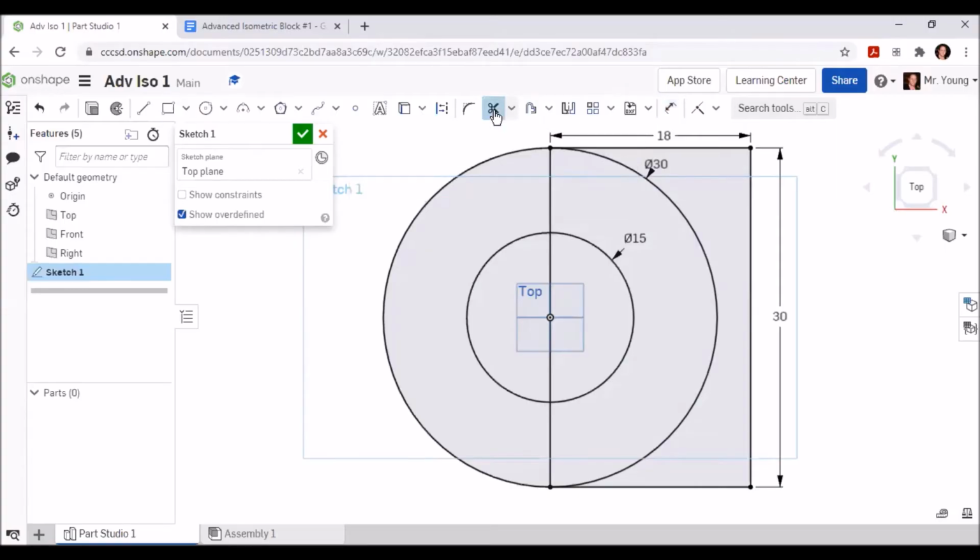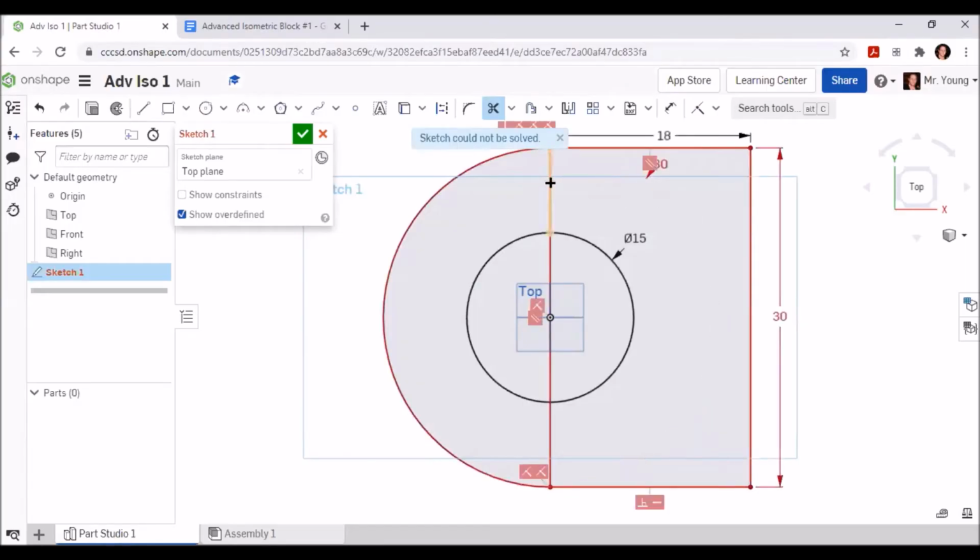Select the trim tool and then click on the large right half of the circle, and then all of the vertical lines down the left side of the rectangle. This is going to clean up our profile so that we can select only the inner area without selecting all of the smaller pieces that went along with it. Our sketch is complete. So now we're going to click the green check mark,